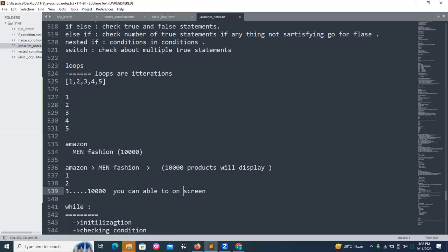Okay, so one more simple example I will take. There is a basket. In the basket, we have